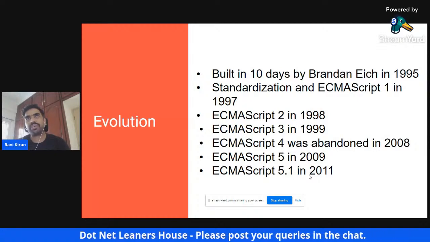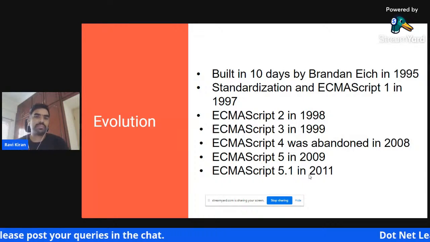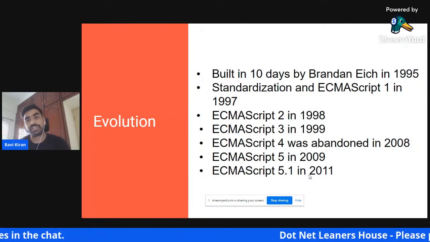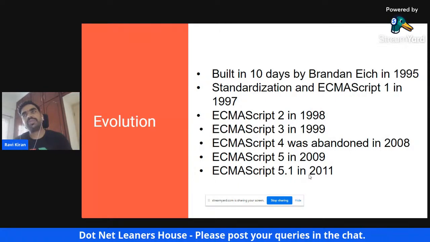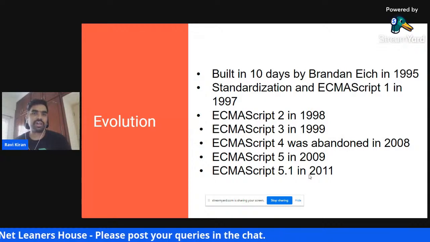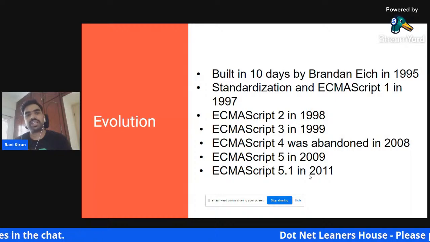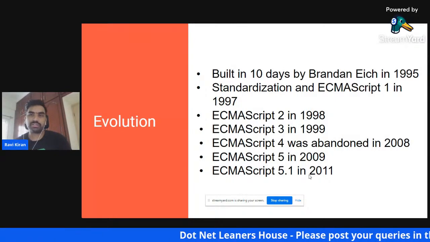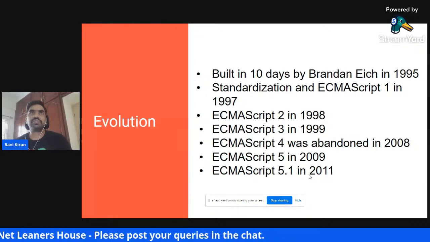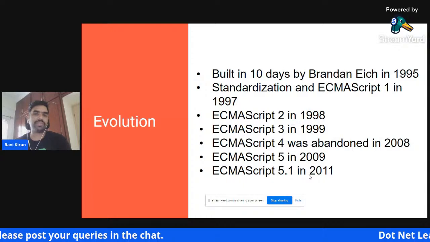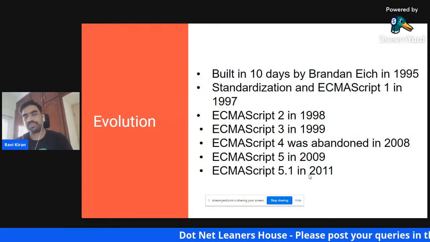The language back in those days was not meant for big usage. It was meant only to write a small amount of script to quickly perform certain actions like DOM manipulations or handling events and similar things. But as the usage grew, the web community saw a need for standardization of the language. Because he was given only 10 days, most of the work that he initially did was pretty much brute force, and a lot of it was inspired by other languages, mostly Java, from which the name JavaScript also derives itself.